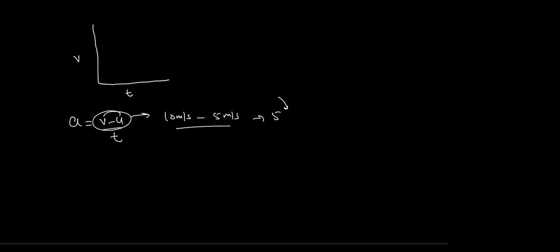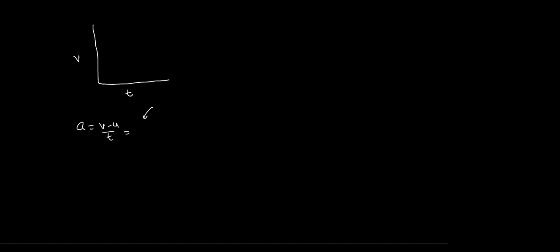Tell me. In a equals v minus u by t, the resultant will be, dear student, in meter per second. If I'm subtracting quantities in meter per second, the resultant will also be in meter per second. So a equals change in velocity by time, and the change in velocity will be in units of velocity.